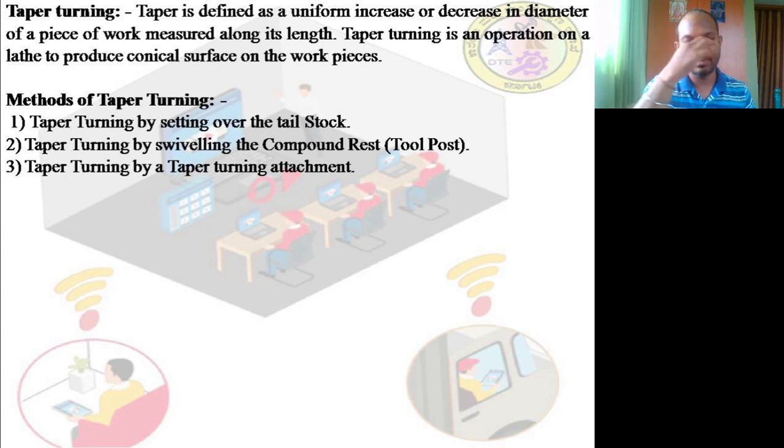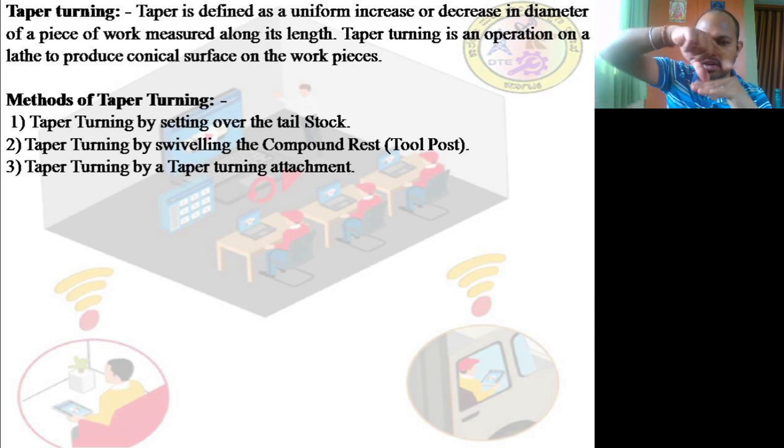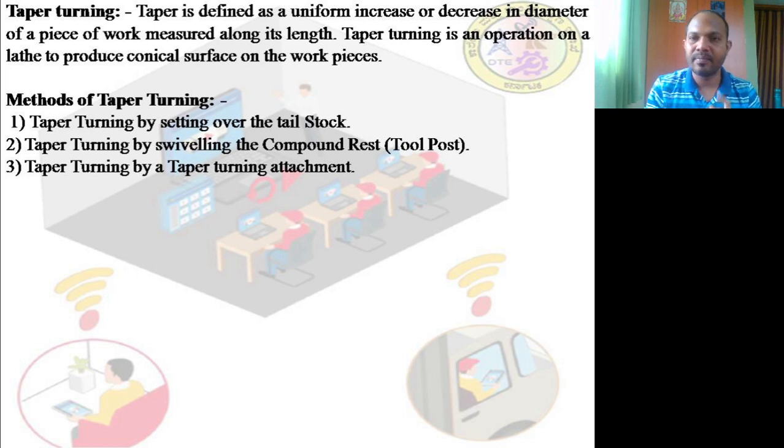Now, as we were discussing in the previous class on the parts, I told you there is a cross slide, and then there will be a compound rest. Above the compound rest, there will be a tool post. I also discussed that the compound rest is the place above which the tool post sits. And this compound rest can be rotated 360 degrees, correct? So it can be rotated to a particular angle. So we can set it to a particular angle and then feed it so that it will give a taper turning. How we calculate that particular angle is also given with an alpha.